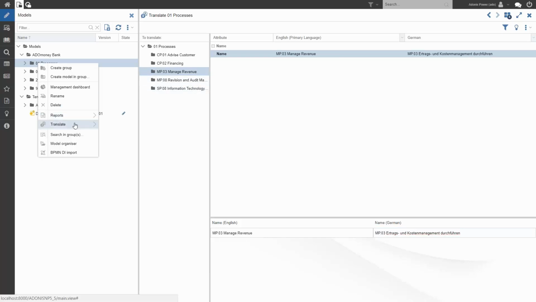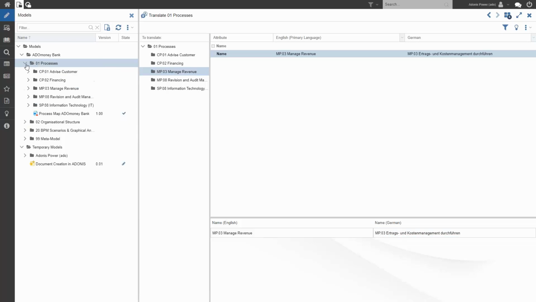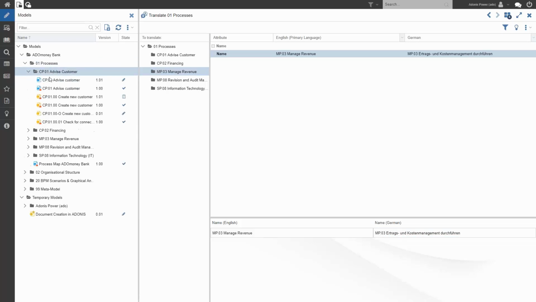If you selected the other option here to translate models, it would look at all of the process models contained in this group and all of the subgroups and let you run the translation, move through step by step and translate all the content that you have there.